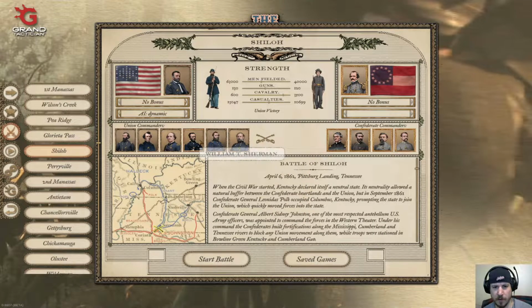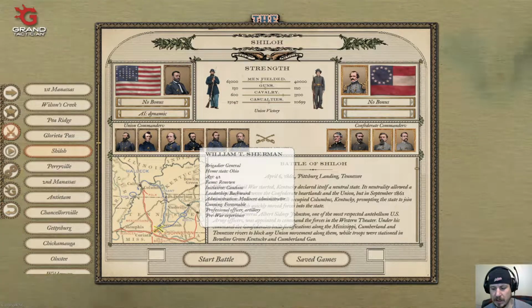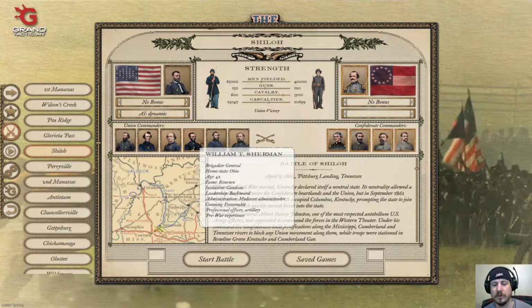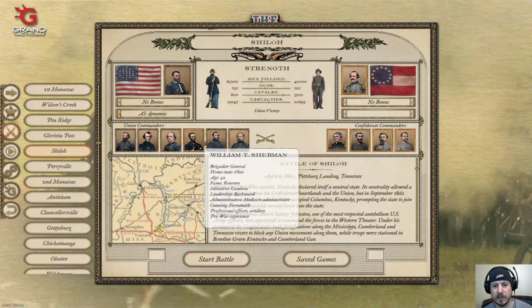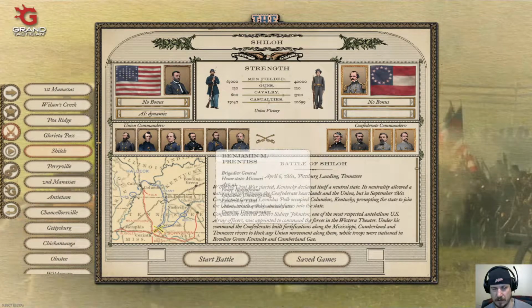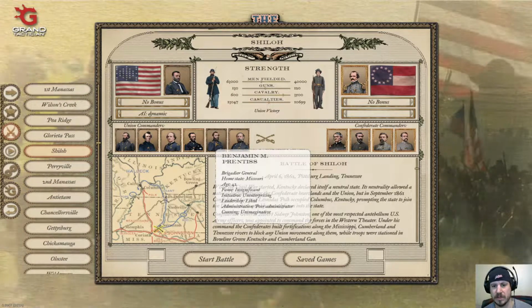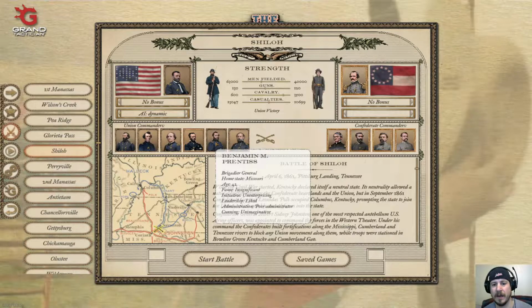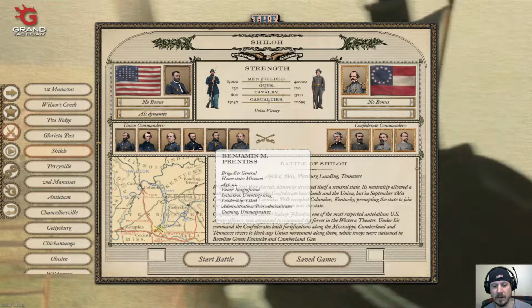Although his performance at Shiloh was a little bit unprepared, he was able to stabilize his situation. But the man of the hour at the Battle of Shiloh on the first day was Benjamin M. Prentiss, who held the Confederate advance at the Hornets' Nest,